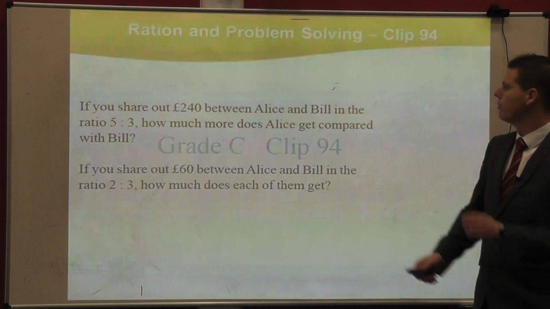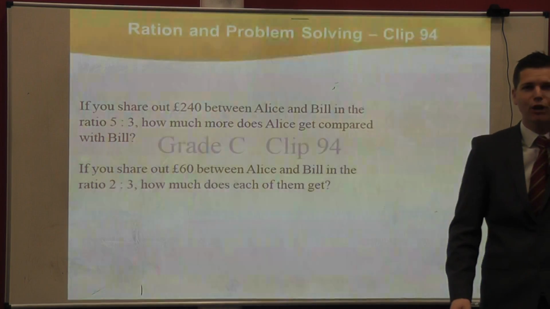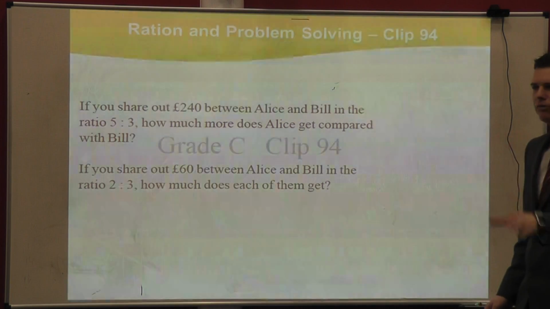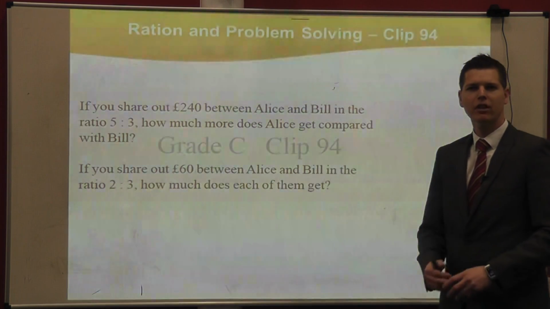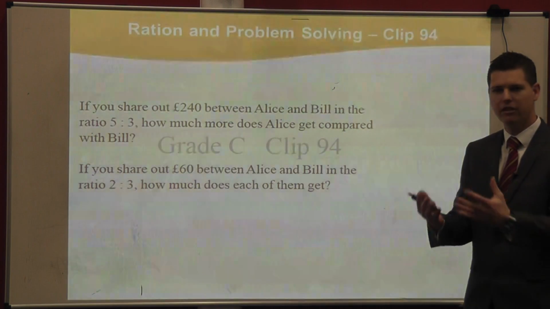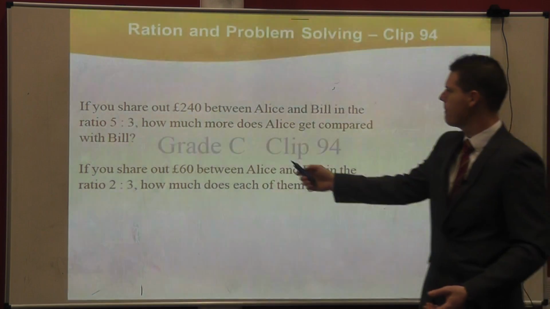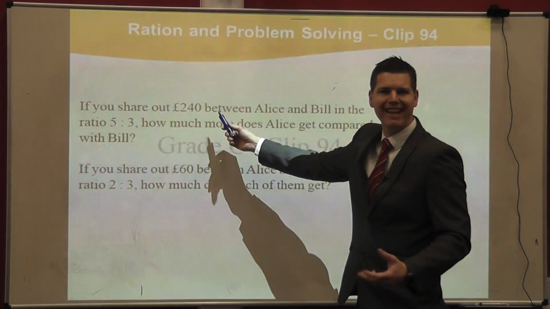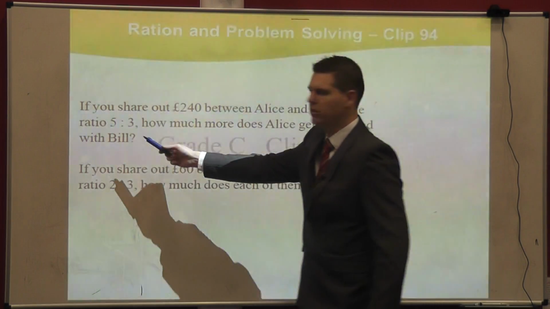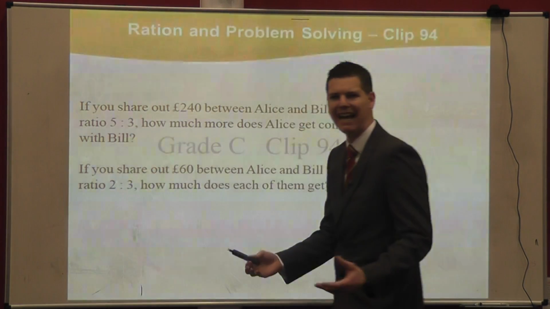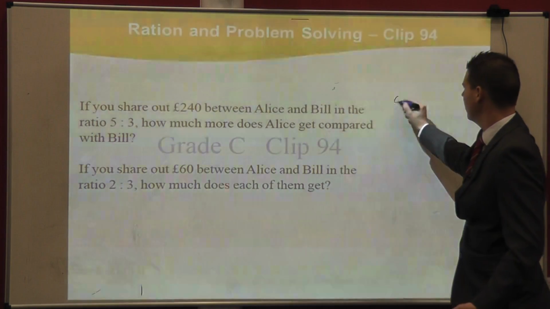Not ration in problem solving, but ratios in problem solving. Again, ratios are really simple. Just work out the parts that the number's referring to, and away you go. So here, there's 240 pounds in total. In total, there's 5 parts and 3 parts, 8 parts. So 8 parts